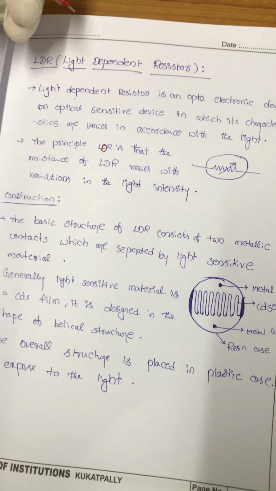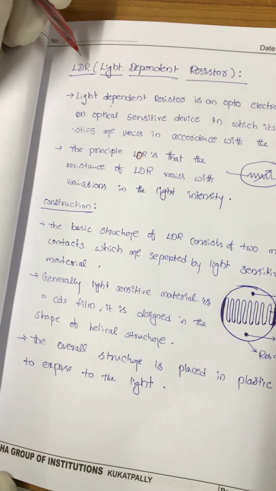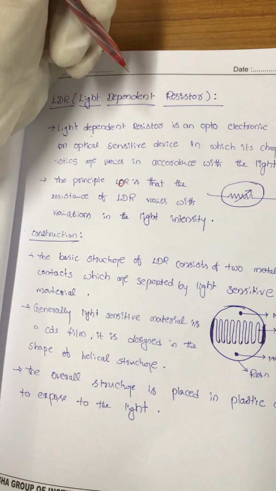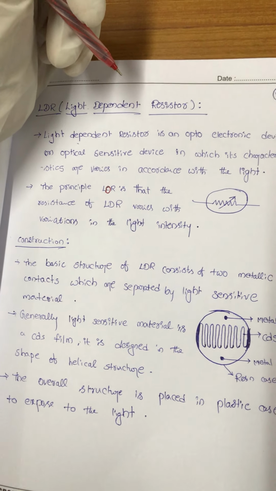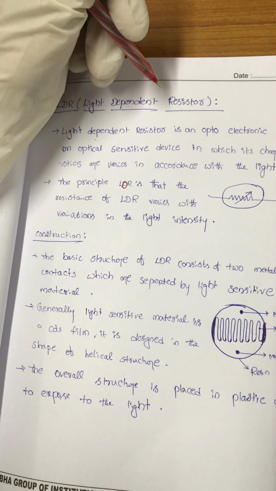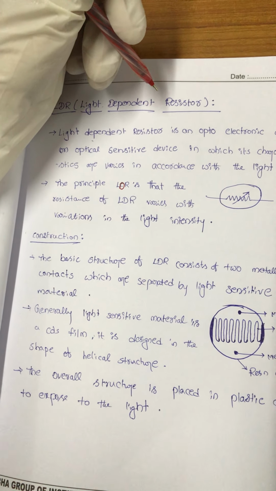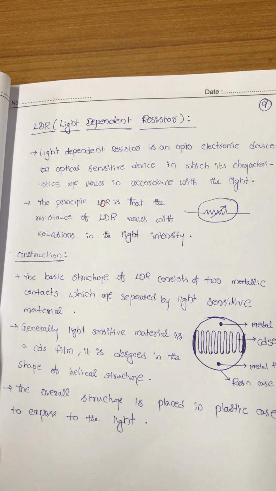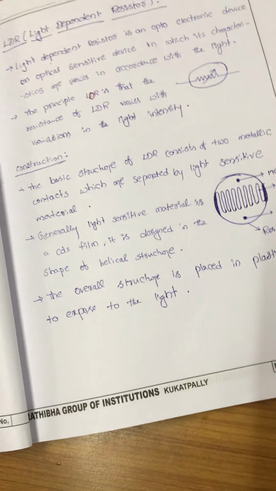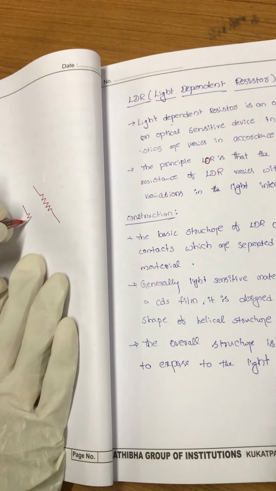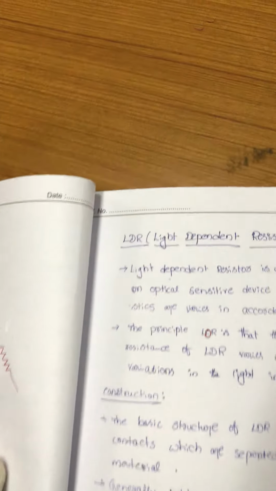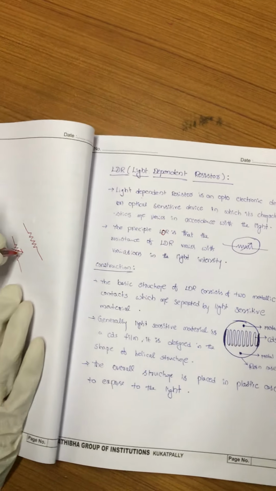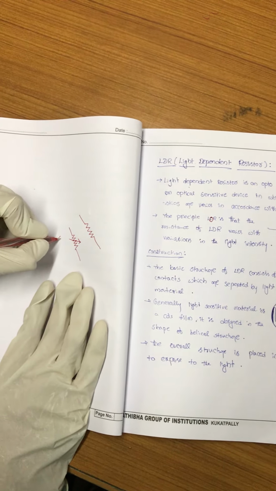Good morning, students. Today our topic is LDR, light dependent resistor. Okay. So first of all, we know about the resistor that is represented by R. So the resistance symbol is like this. Okay. But coming to another symbol, this is the resistor. By putting an arrow mark on this resistor, it is called the variable